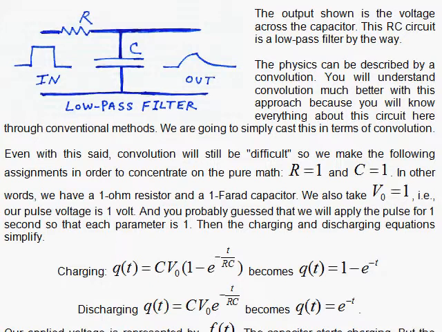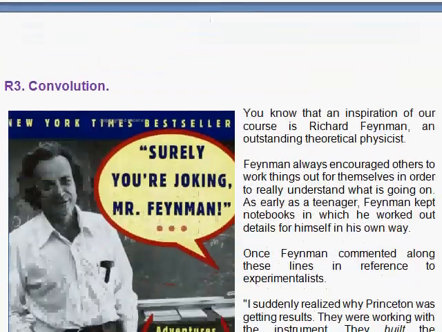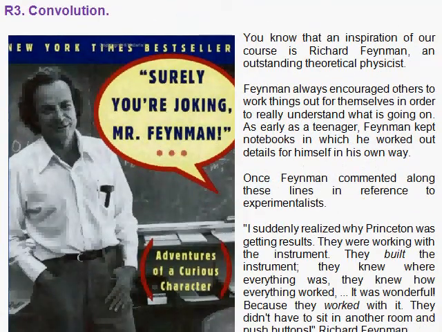Now, by doing this, I am inspired by Richard Feynman's comment when he mentioned that Princeton experimentalists were getting results because they had built the instrument, they knew where everything was, they knew how everything worked. It was wonderful. So you know everything about this low-pass filter. We have done that by conventional methods, and we're going to see how that's a convolution and get real close